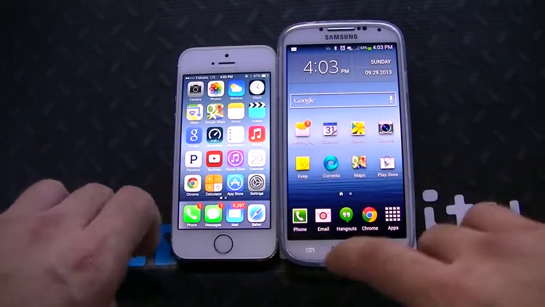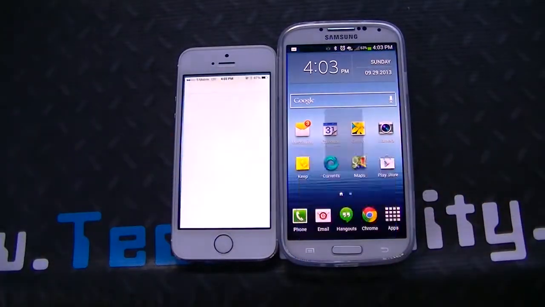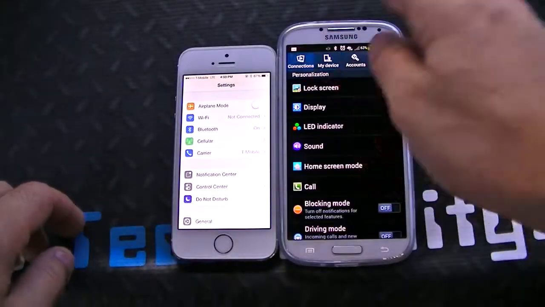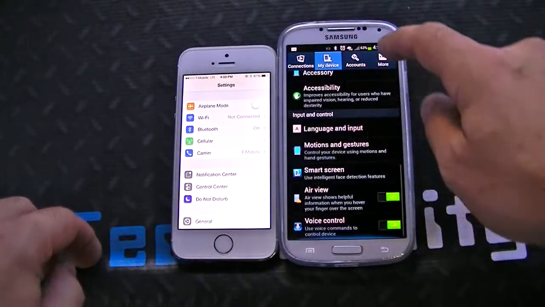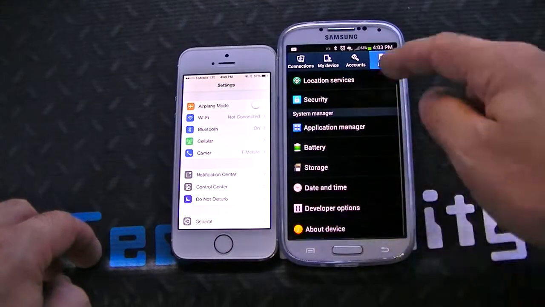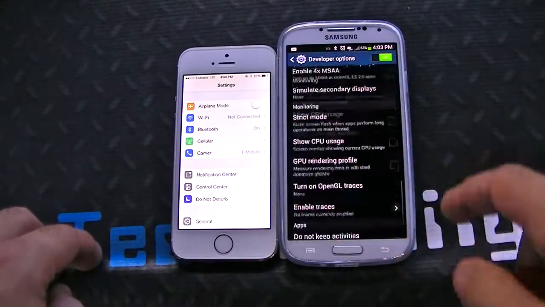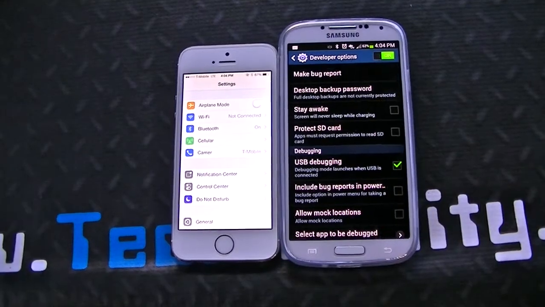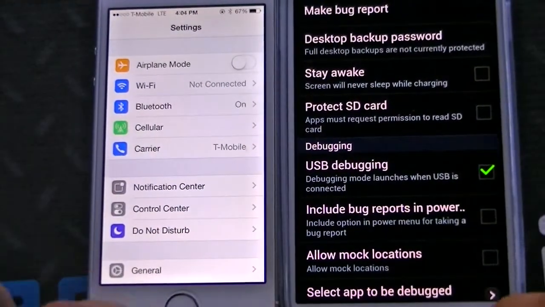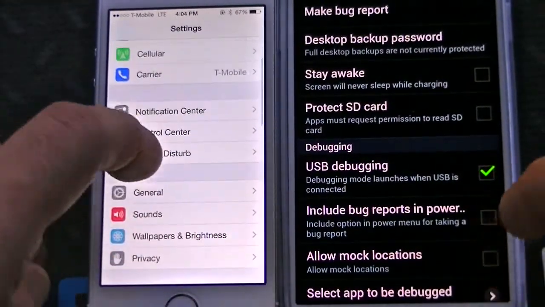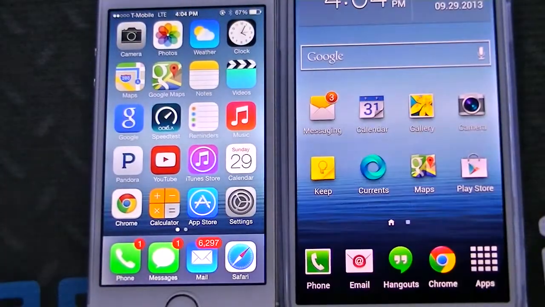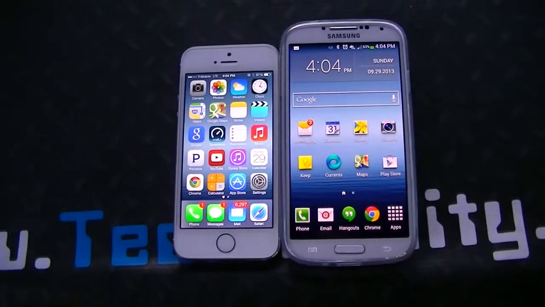Let's go ahead and open settings on both. You can see both of their respective settings. You can enable developer options here on the Galaxy S4 if you want. You got various different developer options. You can see those right there. And they got more of the black background because it's an AMOLED display, whereas iOS uses a little bit more of a colorful or white theme here. And again, you got the gesture, so I could just gesture back. I could just push the back button here as well. So it's almost the same thing, back button or gesture.